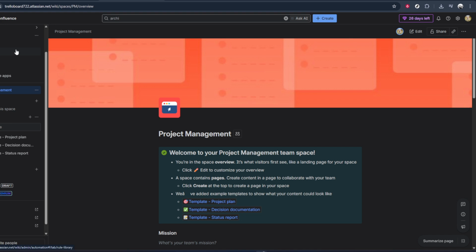Once you're in the right space, look for the Create button. This is usually located near the top of the page in the main navigation bar. Go ahead and click on Create. This is the same button you'd use to create regular pages, but in a moment you'll see how to choose